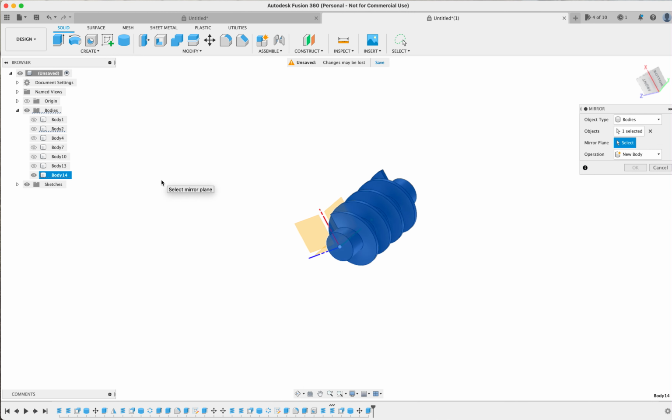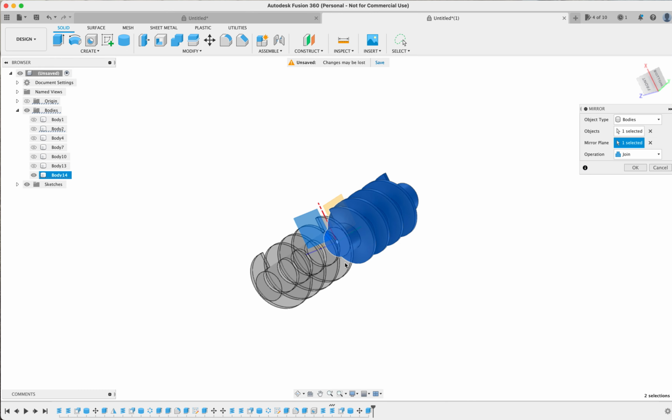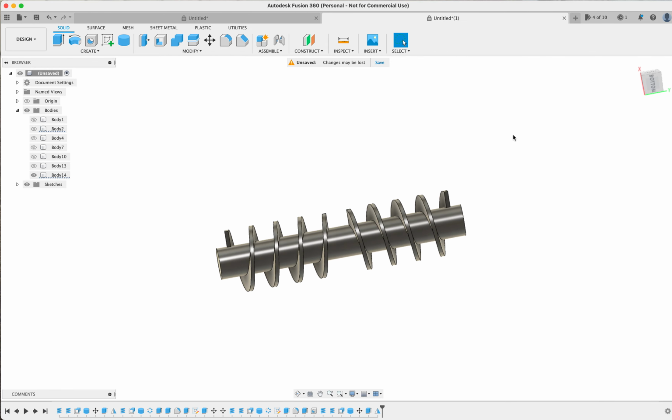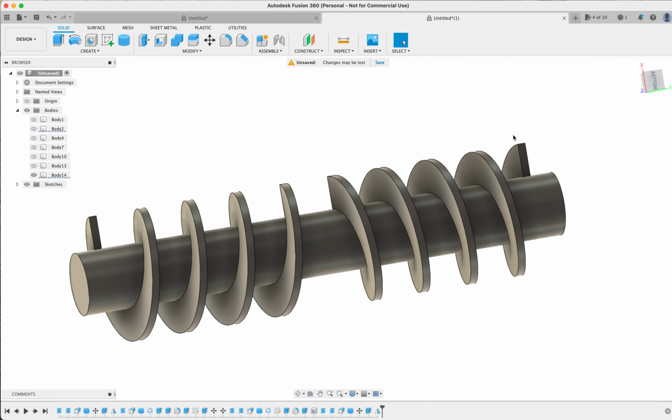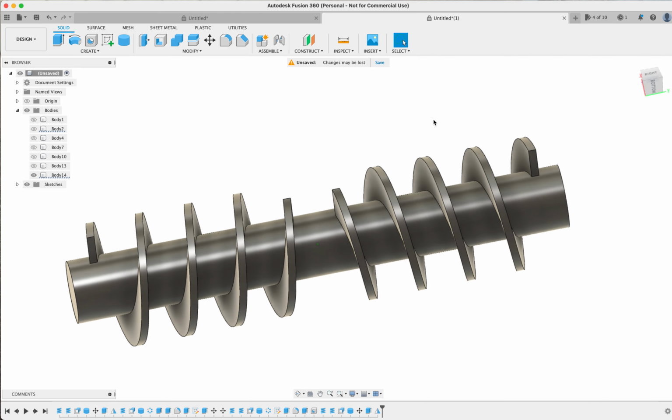If you can't see it, just zoom out a bit. We want that plane there, and it gives us a copy, like a mirror image. We hit join, and there you have a pretty basic double-sided auger